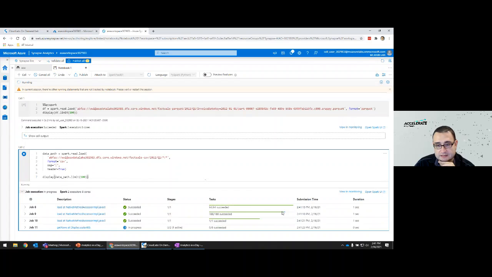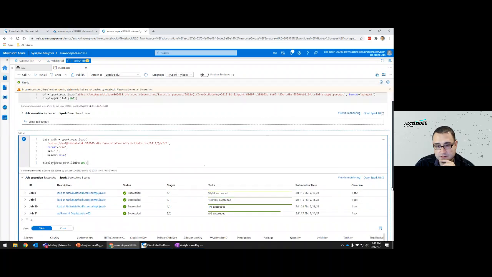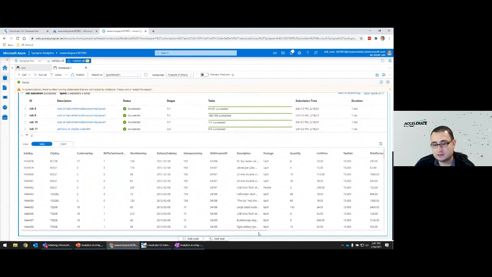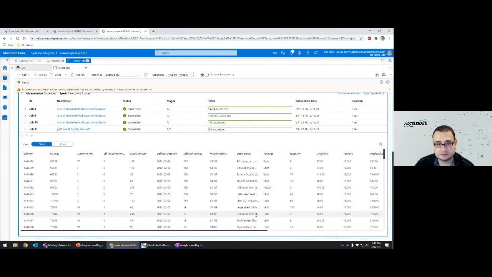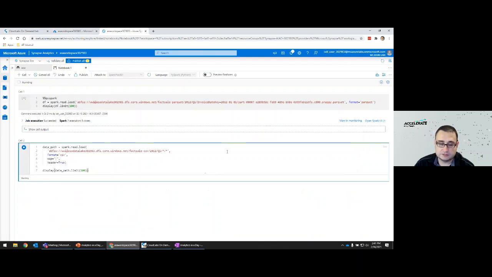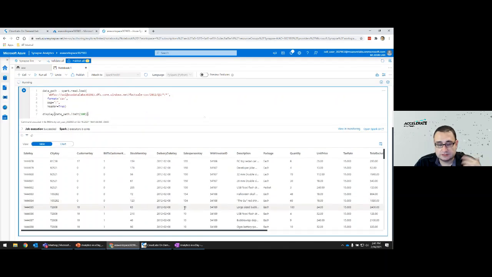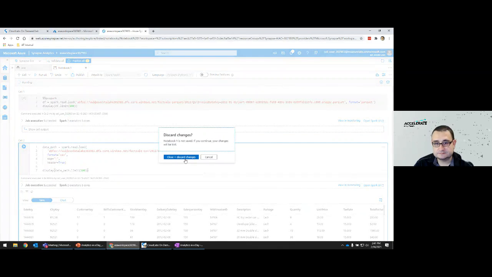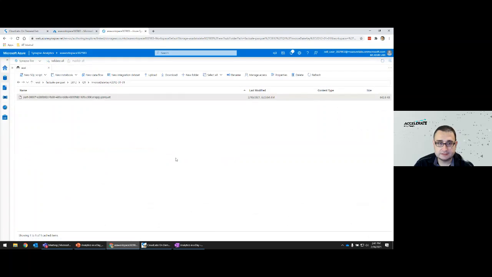We also should track the execution. You should see that it's already succeeded, and we get back the same results there, right? Again, if I run this again, the results should return almost instantaneously now, because it already has all of those files in its buffer, and the data returns much quicker, right? So that is all for exercise 1. So we're going to close this, and we're going to discard changes, and we're going to go back to our lab instructions.